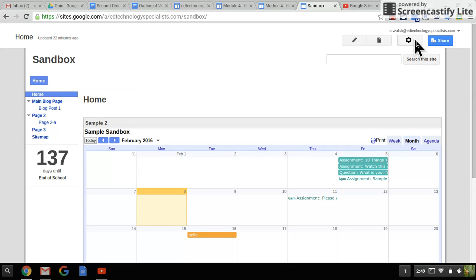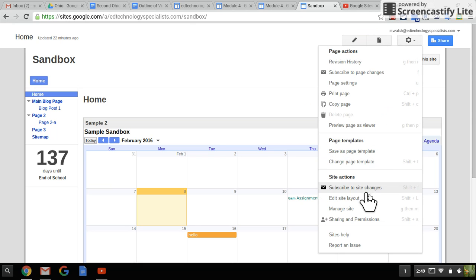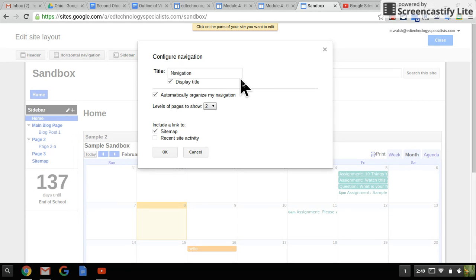So I'm going to go to Edit Site Layout again. Now if I click into my navigation, okay, here's my title. Here's the really important thing right here, the most important part of this whole lesson: automatically organize my navigation. I always have this checked. If I have this checked, that means every single time I add a page, it automatically adds it to the left-hand menu bar. And if it's a subpage, it automatically adds it under the main page it's under,